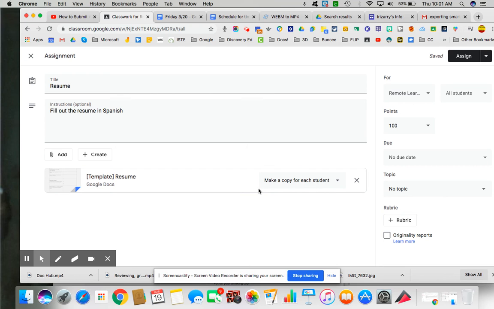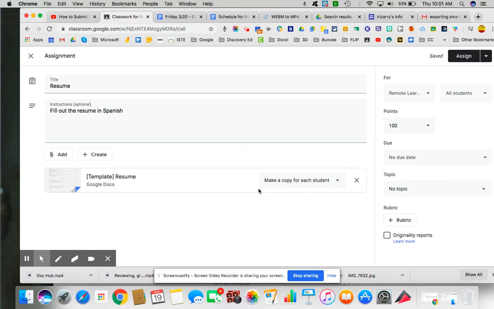Also, something to remember, even though Google Docs are live, if you do create a Google Doc for this purpose and then make a copy for each student and then click assign, Google puts the copy into their folders, into their drive. If you make an adjustment to that Google Doc, it will not show up in their copy because